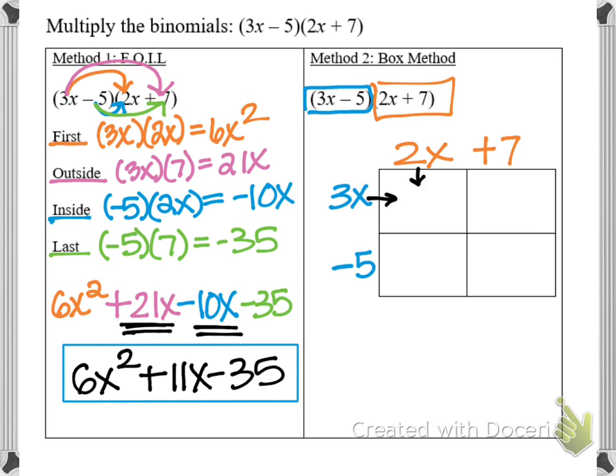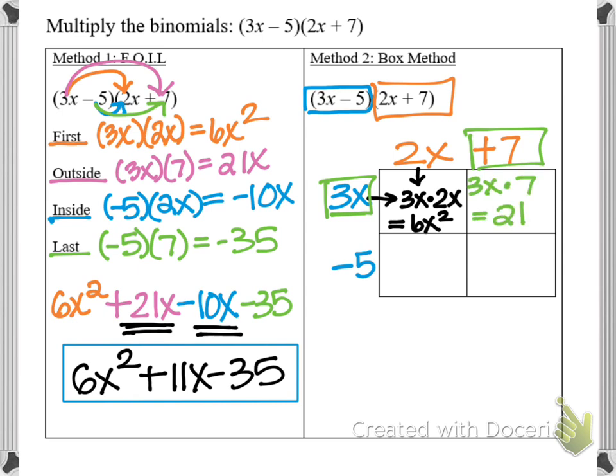So in the first square, I'm going to put the product of 3x times 2x, and I'm going to get 6x squared. Then I'm going to move over to the right. So now I'm going to multiply 3x by 7, and that's going to give me 21x. Now I'm going to go down, and I'm going to multiply the negative 5, and I'm going to